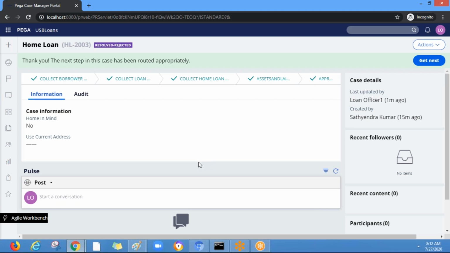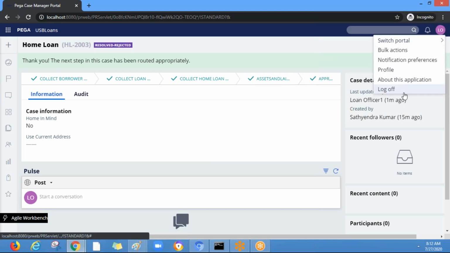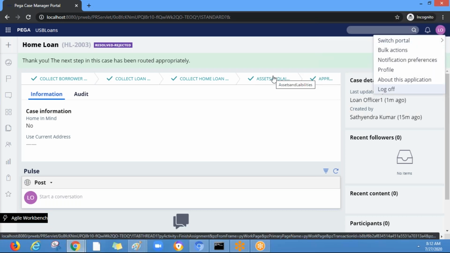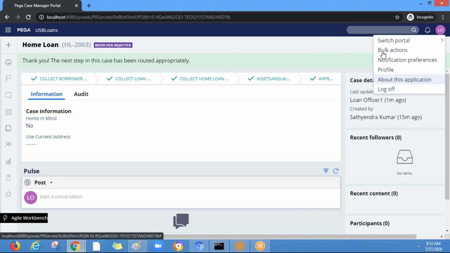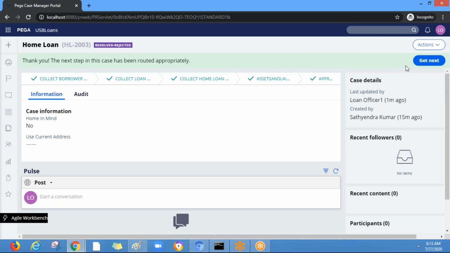Okay. Sir, without knowing the case details, how will the manager approve or reject this application? So usually, we'll discuss that in the next class. So what will happen is, if you route an assignment, let's say 10 different users have submitted the home loan, right? So 10 assignments will be routed to the manager.